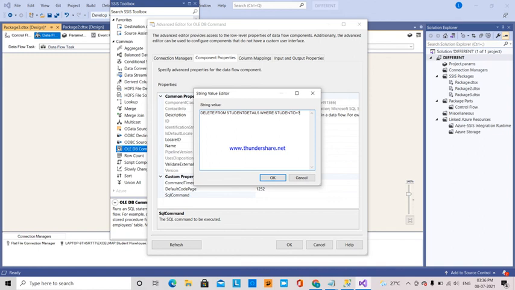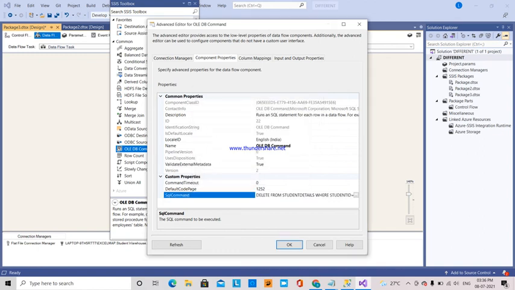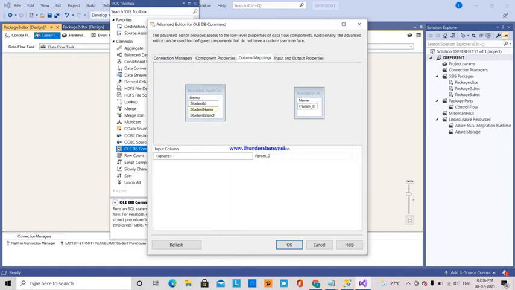Hit OK. For column mappings, we have only one, so I'm going to give only the student ID.